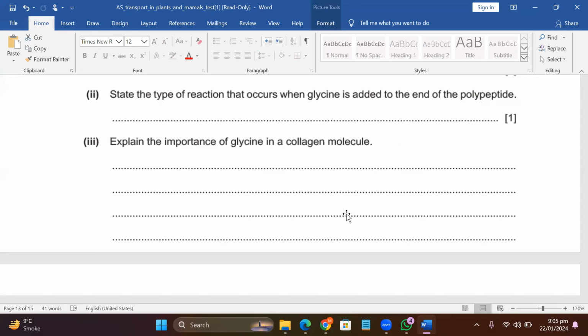Okay. Explain the importance of glycine in a collagen molecule. Glycine की क्या importance है collagen में? Obviously, glycine is every third molecule. It means that it has, और collagen की क्या properties